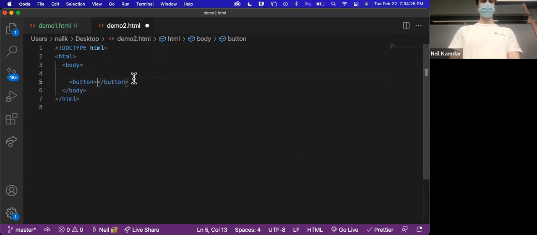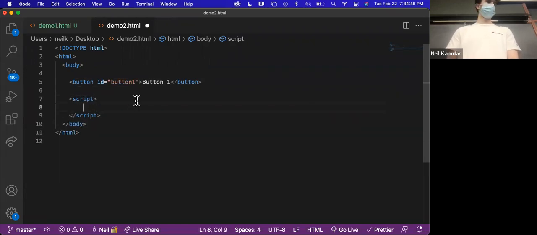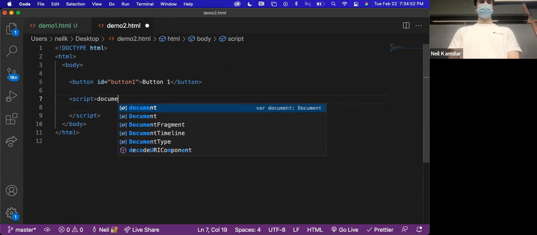So let's create some button. And we're going to give it some text, button 1. Oops. Button 1. And let's give it an ID. And we're going to call this button, button 1. Oh, I hate the resizing. It's so annoying. Okay. Then in this script, we're going to look for this button